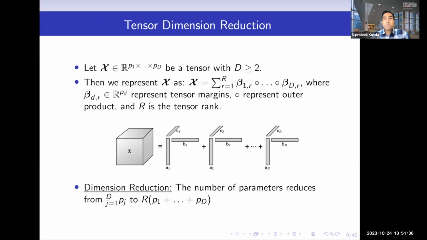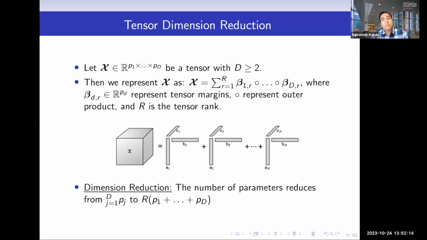So a little primer on tensors, if you will, here. Let's say the script X is a tensor. It lives on a P1 times P2 times ... times PD dimensional real Euclidean space. If D is 2, then this is just a two-dimensional plane. If D is 3, it's a three-dimensional object. If D is more than 3, then obviously it's a hypercube or a hyperellipsoid. It lives on that higher dimensional plane, right? For us, D is going to be either 2 or 3, depending on the type of image that we are dealing with.